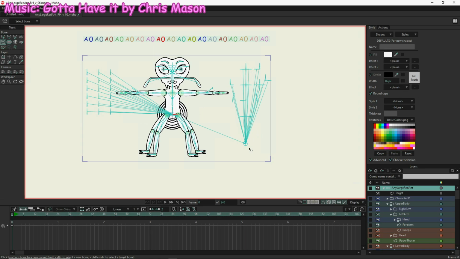Now the reason I do this is because it allows me to not have all of these going over to the character. And all of these going over the character is not ideal, but the only other way to get around it would be to add another pin bone over here and then tag that pin bone over to here. And again,